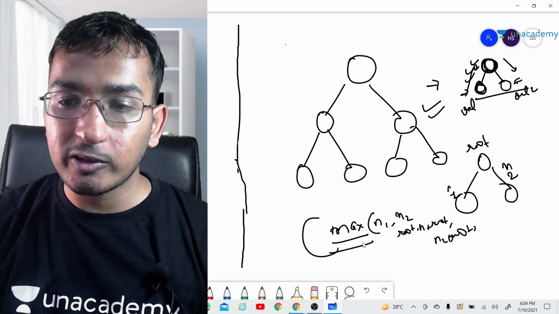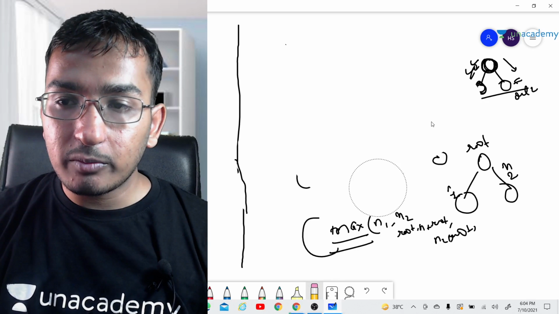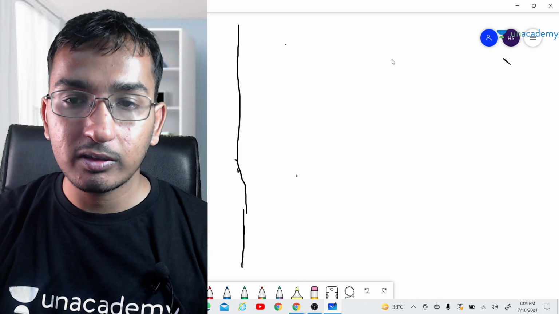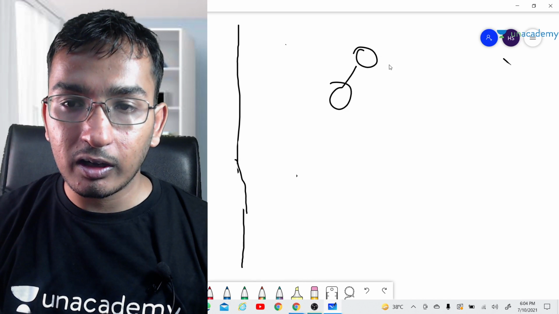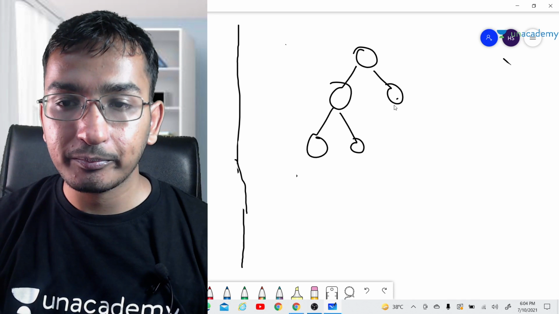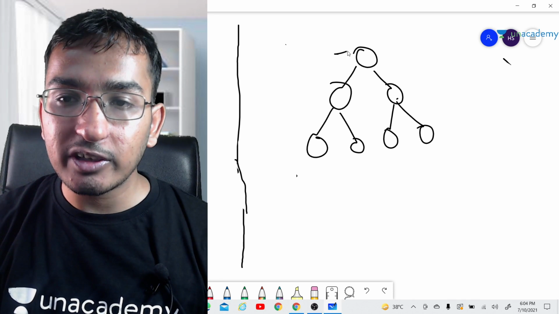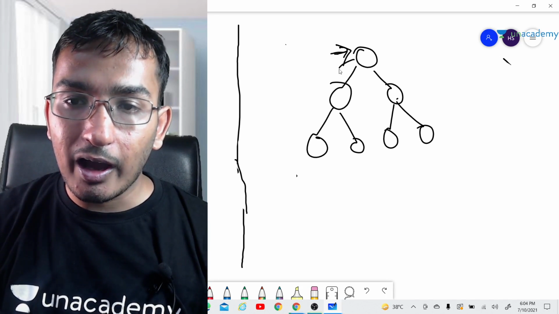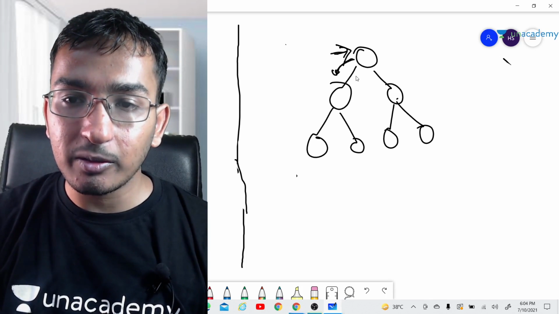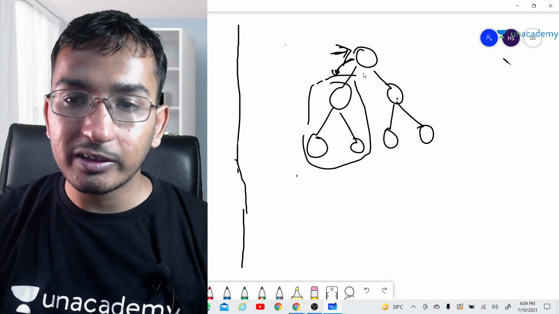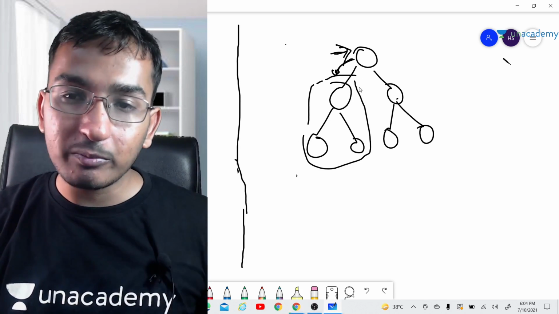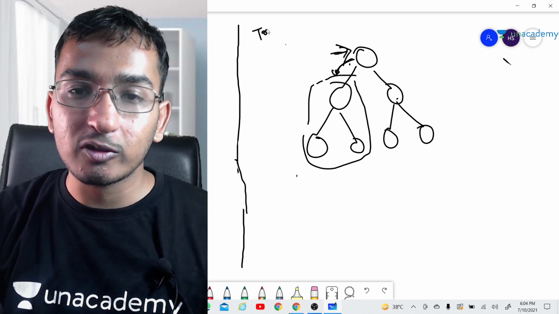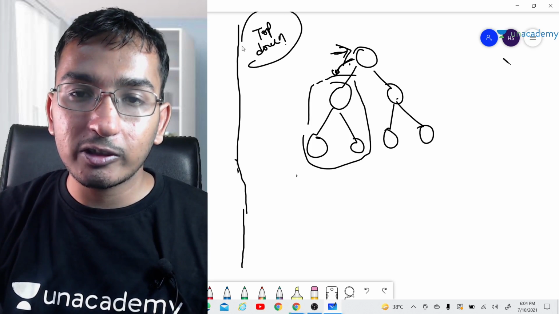So how to approach this kind of problem, guys? Before jumping into the solution, I just want to do a dry run over here. What if this is our tree? I am standing here, and I am asking this subtree, give me your answer, I will calculate myself. Here we are using the top-down approach, guys. Pay attention.